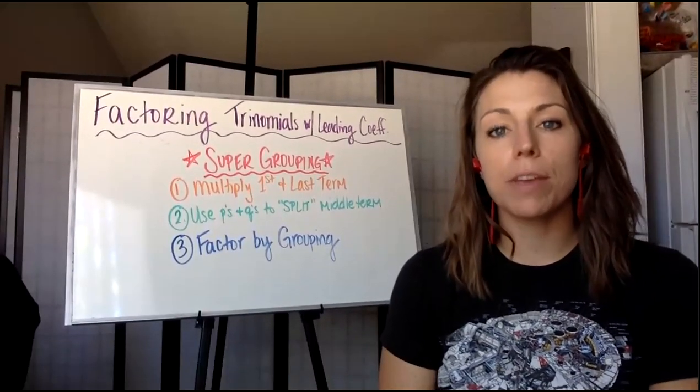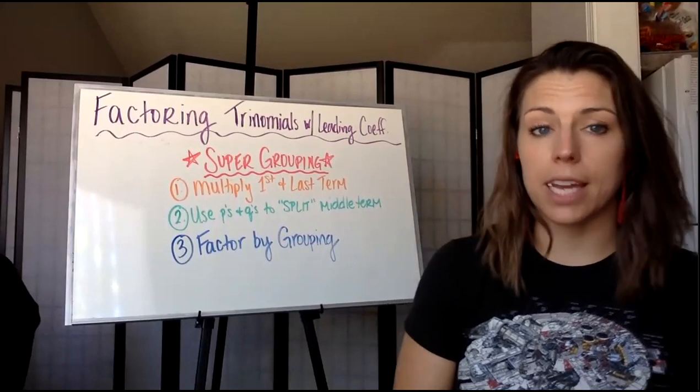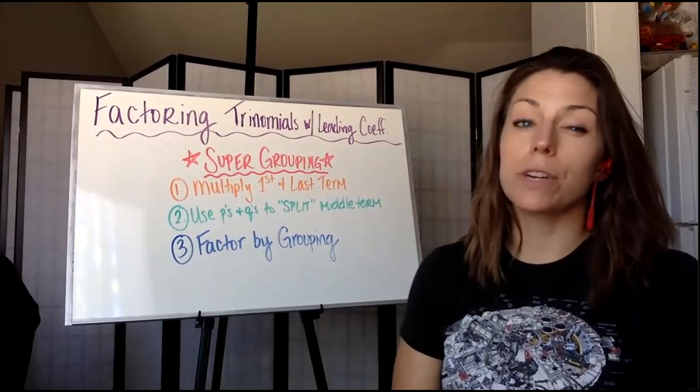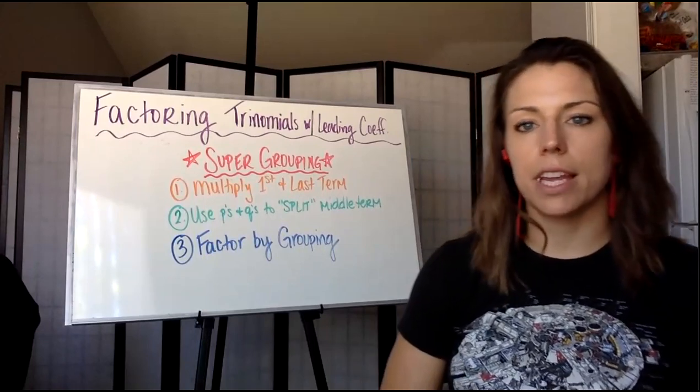In this video, we're going to be factoring trinomials with the leading coefficient, this time using the supergrouping method. So if you have not already seen my video on slip and slide, you might want to check that one out first. It tends to be the favorite of the methods, but supergrouping is an equally effective method for this